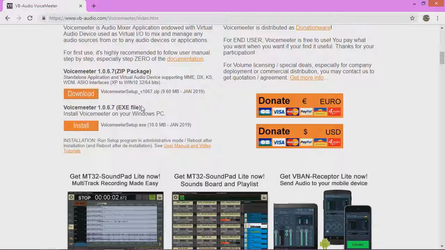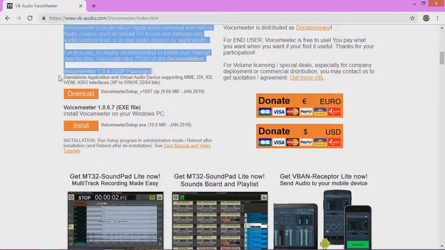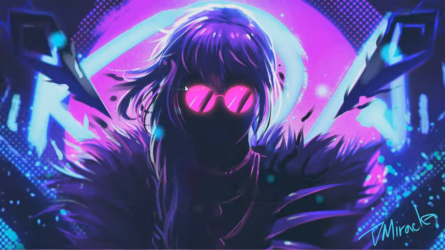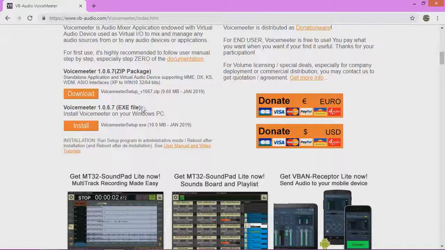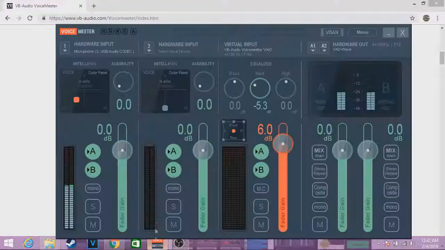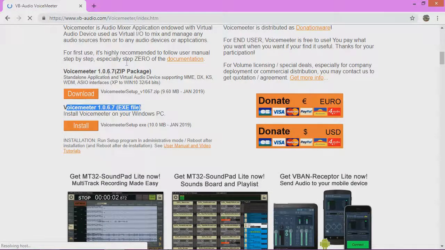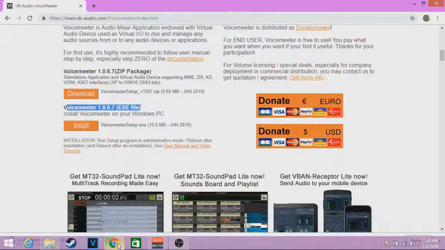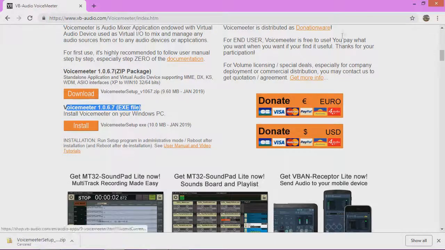It doesn't really matter. The difference is that if you download the zip package, you will get the zip package itself, and if you download the Voicemeeter exe file, you will get a Voicemeeter executable. When you download it, just click on download, then it'll start downloading, and you click on it and unpackage the Voicemeeter. I can't really download it right now, but I've already done that, so if I download it now, it will just shut down the Voicemeeter that I'm